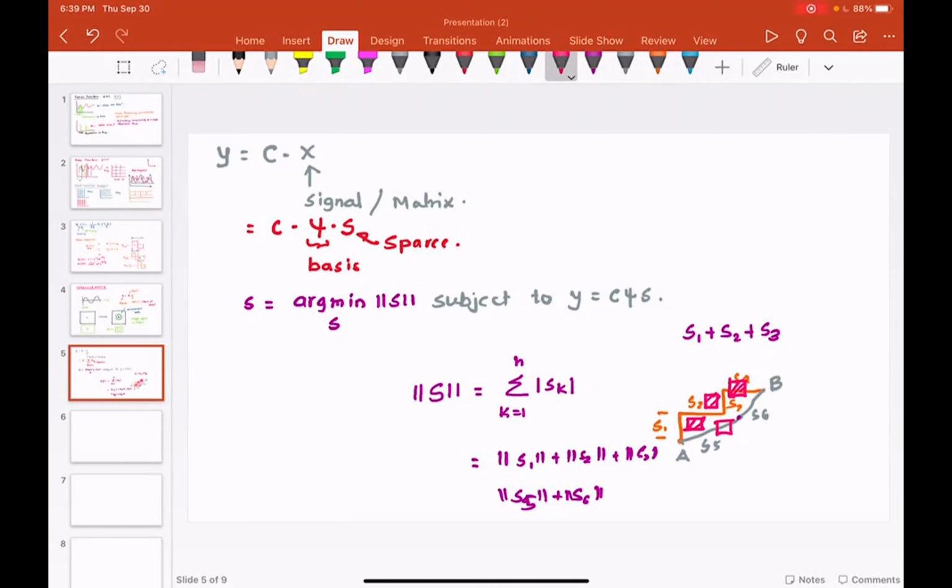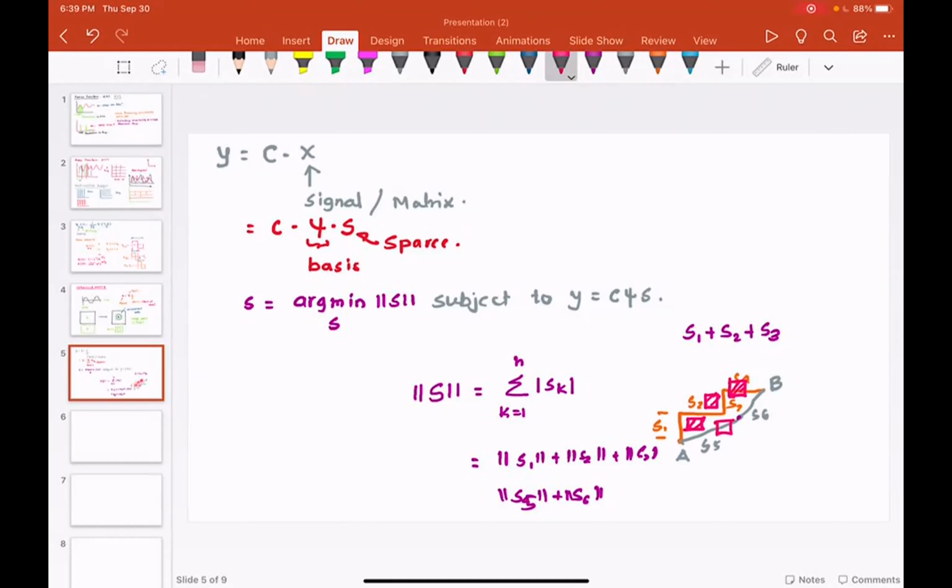And since you got me started, now let me ask you, what is the physical interpretation, which is very important, of the constraint y is equal to C phi s? Ask before you forget, ask that question. Which one of these matrices are we going to use to process the sparse matrix?